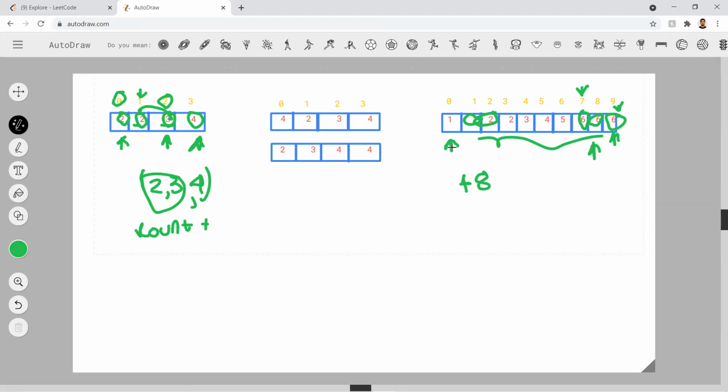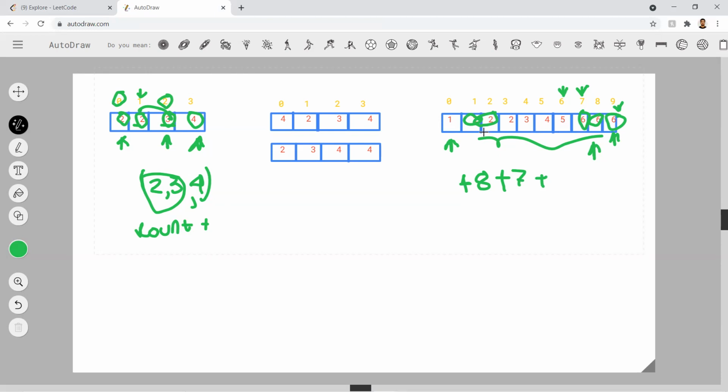We'll check, and our left is still here, and we'll check for this. If the summation is still greater, we'll add 7 minus 0, 7 here. If we again decrease our pointer, now 5 plus 1 is 6, which is not greater.